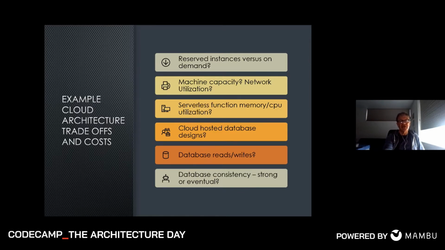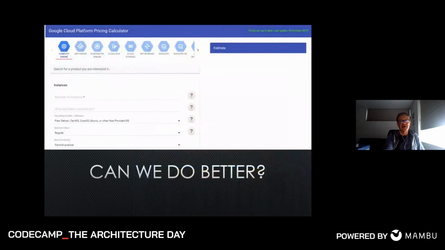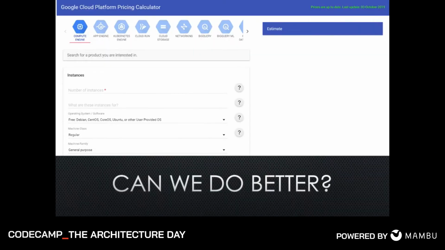Now, what's kind of interesting is, how do we do this nowadays? Well, this is the Google Cloud Platform Price Estimator. It's a fun bit of technology, but it's kind of primitive, and it's very static, and it just gives you a vague sort of finger in the air, which way's the wind blowing type cost estimate for your systems.